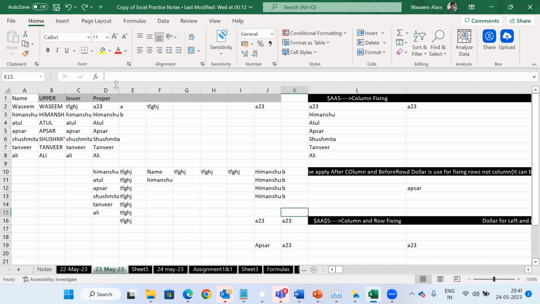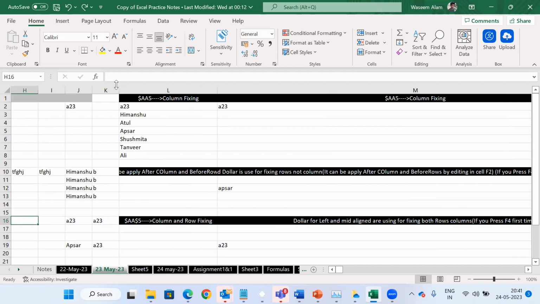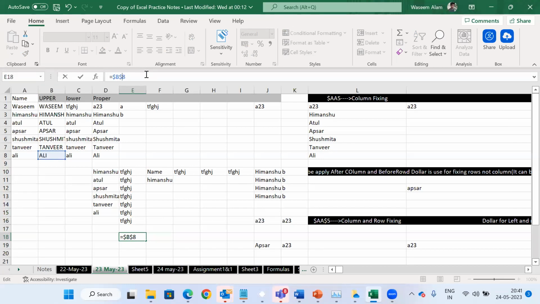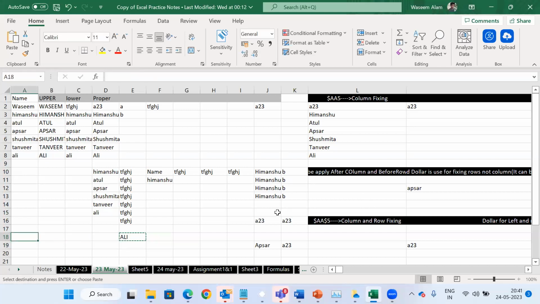And the last one is how to fix both column and row data. This is something different. If you select the last one, in that case we need to add $2 dollars, this is the left dollar and this is the mid dollar. A combination of left dollar and mid dollar equals to Ali. Now, if you type anywhere,